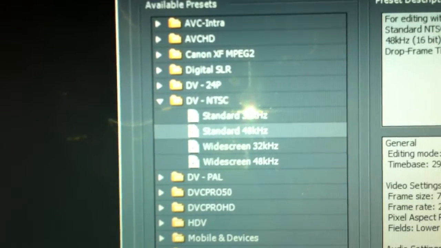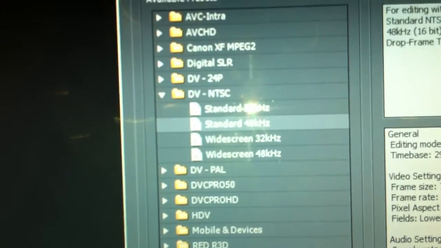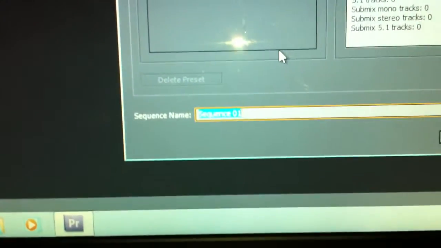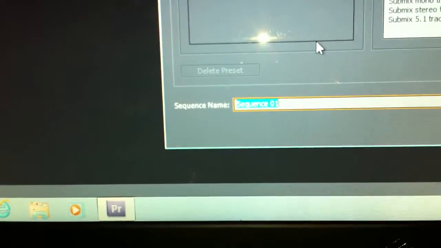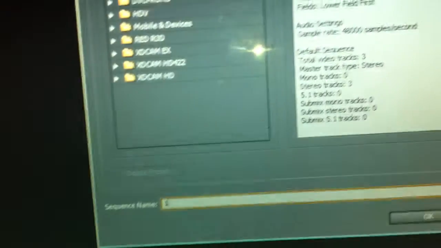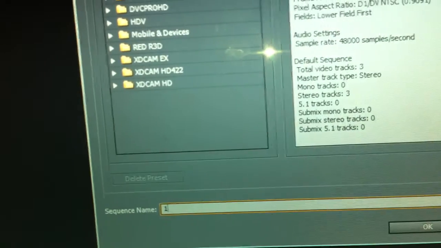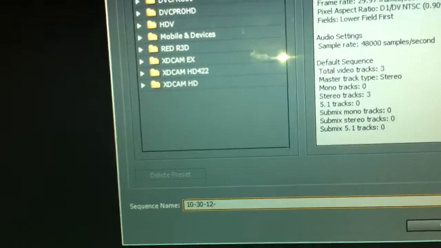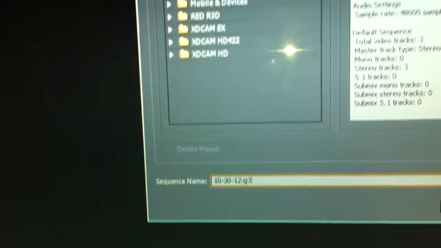Our typical setup is going to be standard NTSC DV 48 kilohertz. As far as a sequence name, it isn't as significant, but we're just going to do today's date, 10-30-12-G3. But the editors would actually go through and make their own sequences. Once it's finished loading, all we really have to do is set up the actual clip to load,